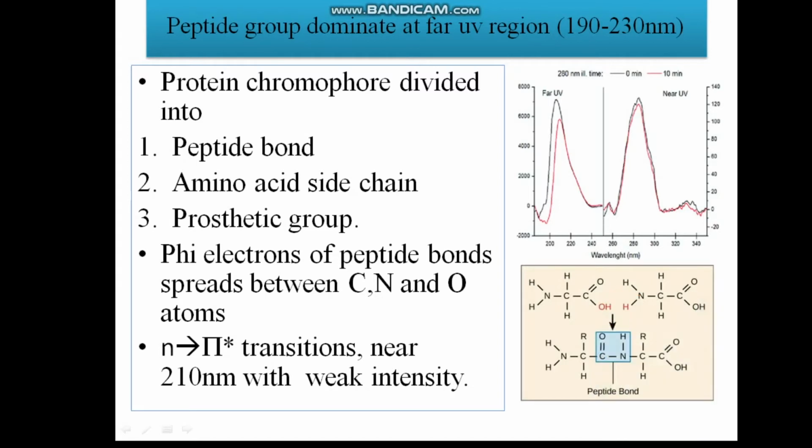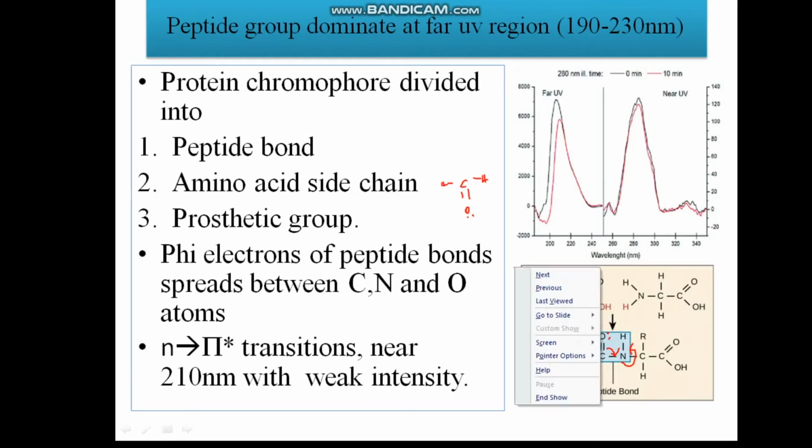In the peptide bond, the chromophore, or otherwise the absorption, mainly takes place through the electrons residing on the oxygen. If it is a formaldehyde, we can clearly tell that the lone pair of electrons is always associated with oxygen, which shows a strong pi to pi star absorption. But as far as amide is concerned, there is a possibility of delocalization of electrons. Because of this delocalization, the electron may not be present exclusively on the oxygen, but will be spread